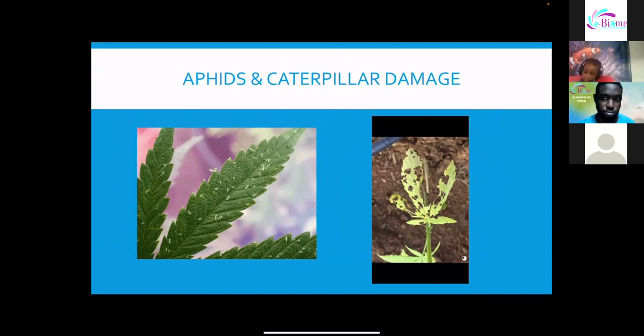So that is called biological control. So we use natural enemies to get rid of the pests. And ladybug is considered a natural enemy. Yeah, they eat aphids for breakfast, lunch, and dinner as much as they can.